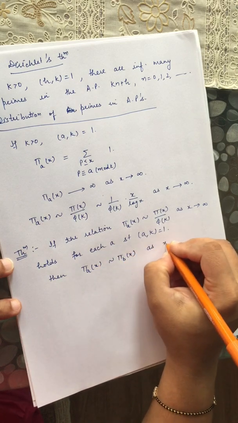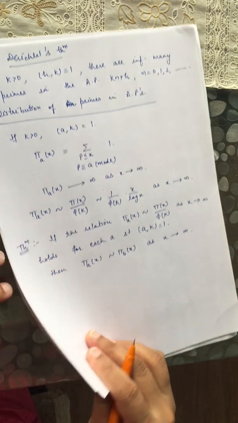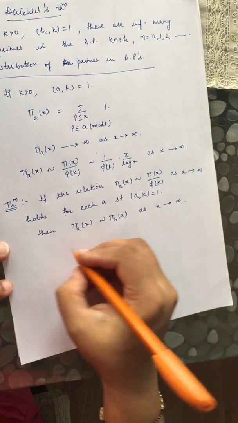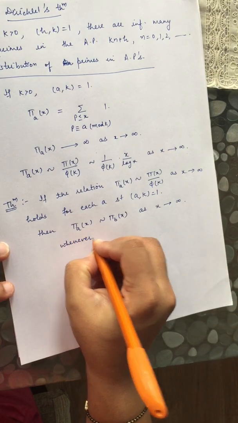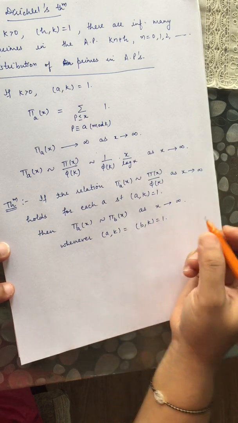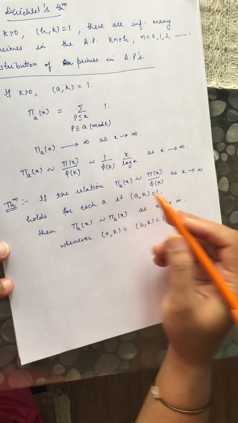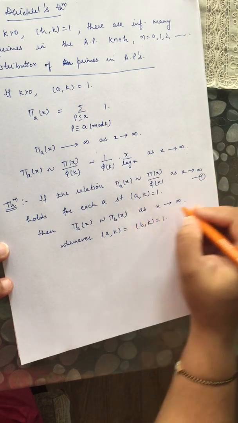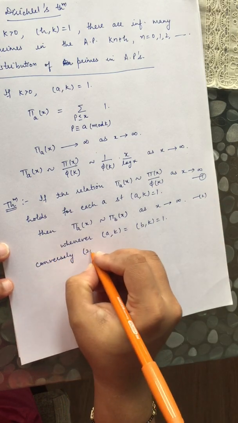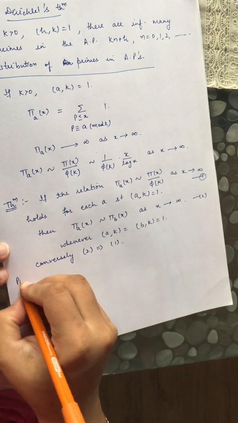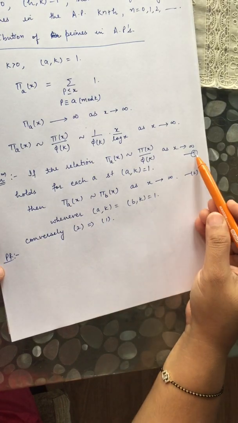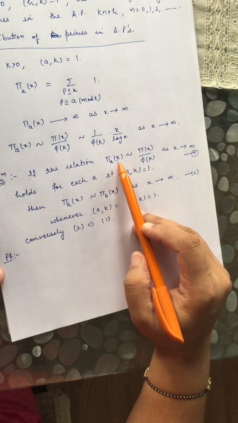So this is basically saying that the number of primes in class a and the number of primes in the class of b are just asymptotic as x tends to infinity whenever a and k, and b and k, are co-prime. And conversely this also implies this. So let us say this is equation 1 and this is equation 2. Conversely 2 implies 1 also. So let us prove this. So one way it is obvious, 1 implies 2, it is obvious because pi_a(x) is asymptotic to pi